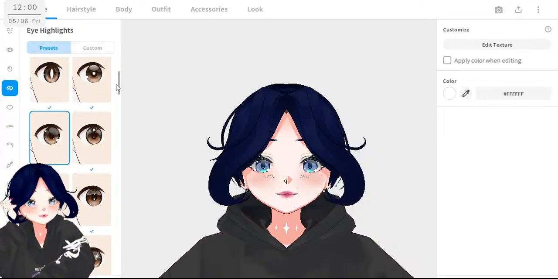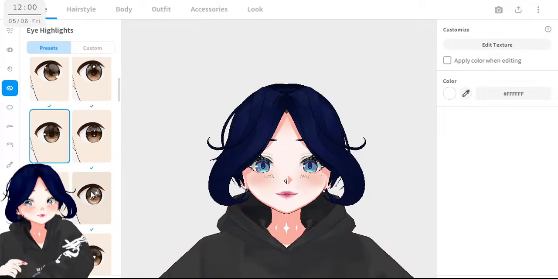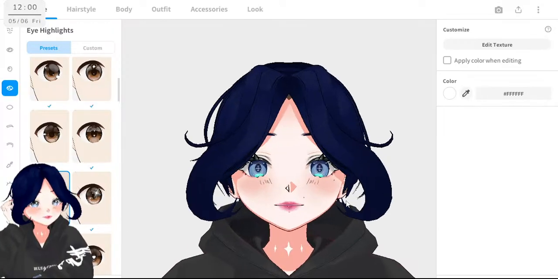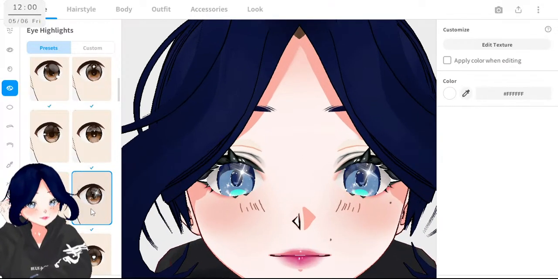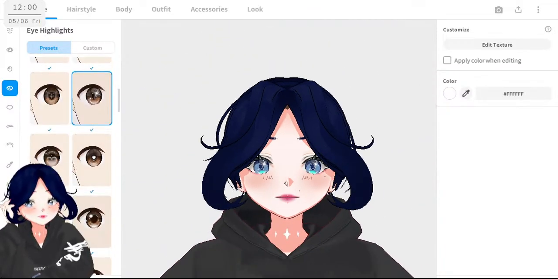Yeah, I am currently working on upgrading the eye textures, and I'm looking at which one looks better. I kinda like this one. Let me zoom in. Or this one. That could be.